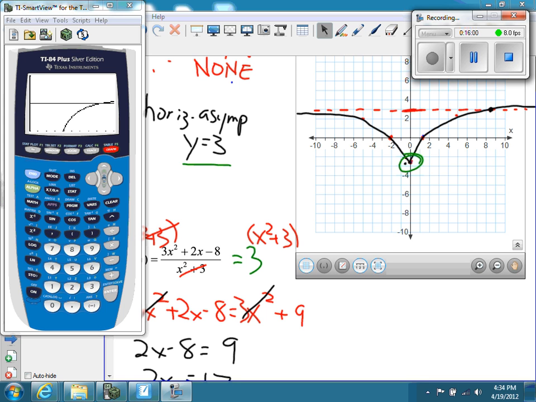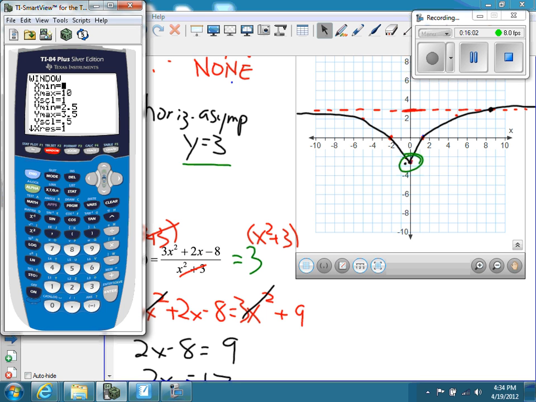One is I'm going to change my window, and I'm going to go x min at 0, but I'm going to make x max 1,000. So we're going to look out to 1,000, which is a pretty big number for this function. And I'll make the scale by 10, so you can see it a little bit more clearly. But I'm still going to zoom in on that area right around the horizontal asymptote. I'm going to graph it. There's our graph, and here's our horizontal asymptote. Now you can't see it very well. You can't see any of this